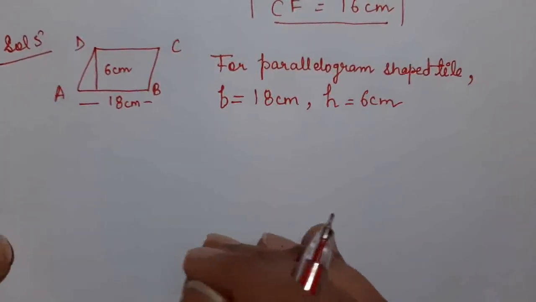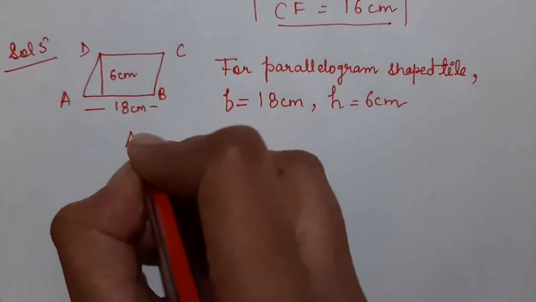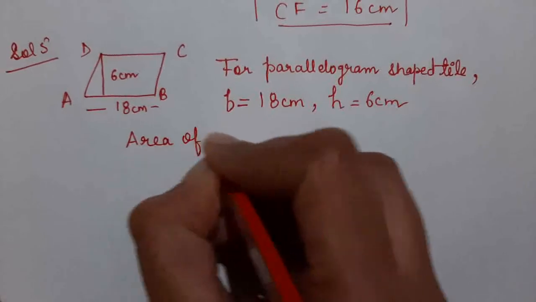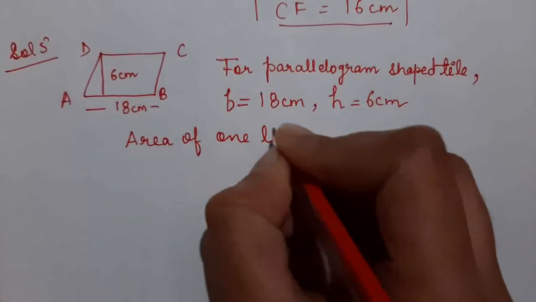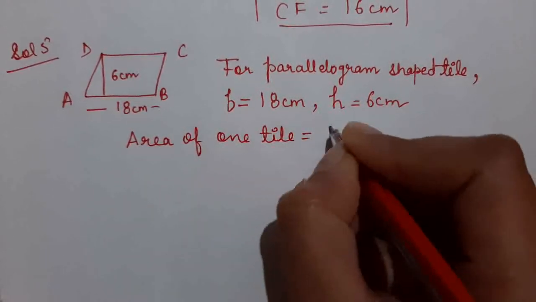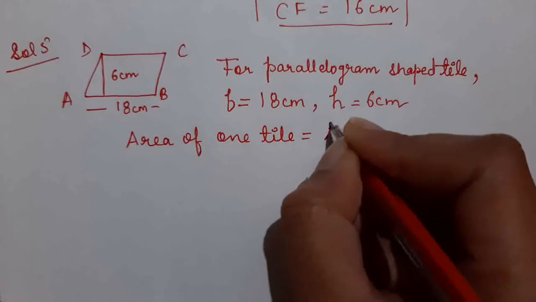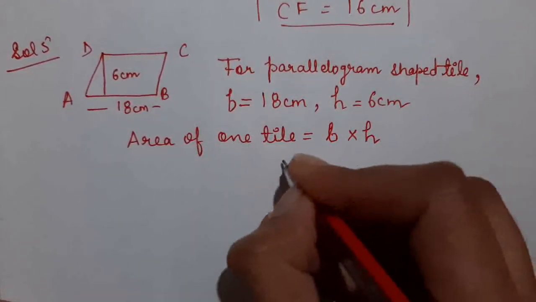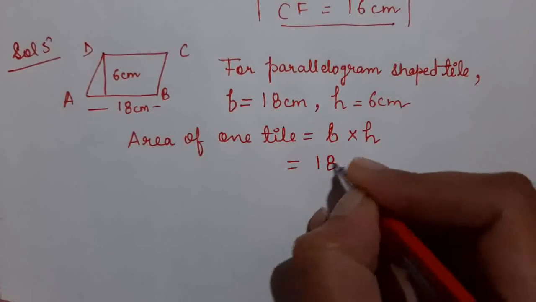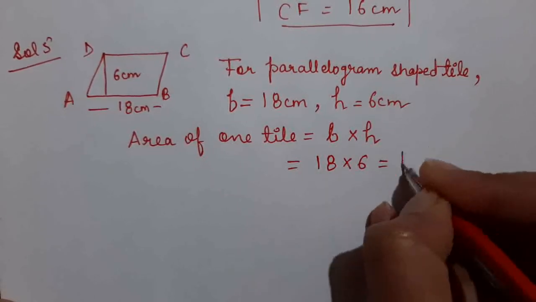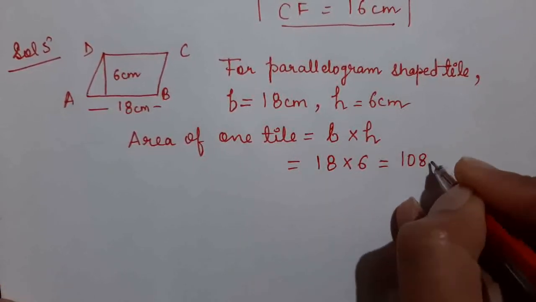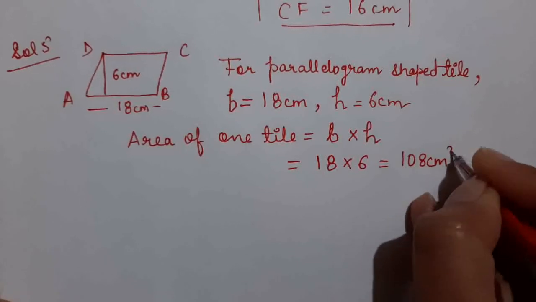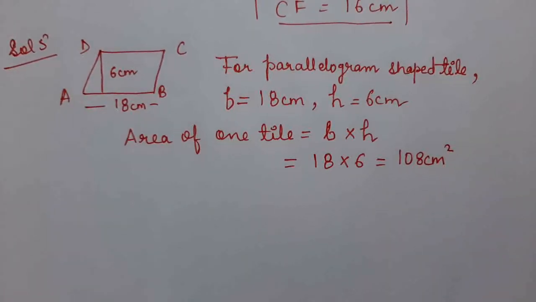So the area of one tile will be equal to base into height. So this will be 18 into 6 equal to 108 centimeter square. So this is the area of one tile,